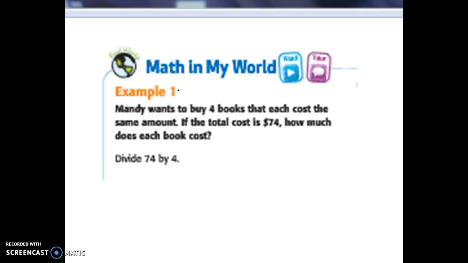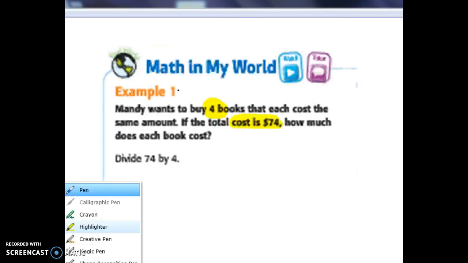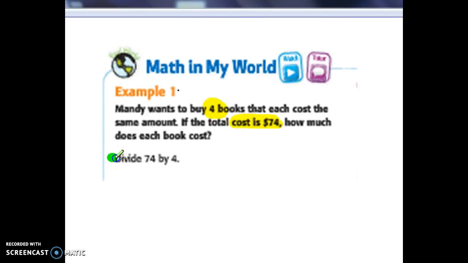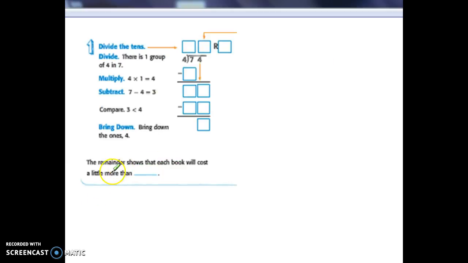Alright, so example 1 for tomorrow, Math in My World. Mandy wants to buy 4 books that each cost the same amount. If the total cost is $74, how much does each book cost? So you have to think, we have 74 divided by 4. Alright, so we're looking for information. As always with story problems, we want to circle that we know there's 4 books. We know that the cost is $74. So we are dividing 74 divided by 4. Let's go ahead and look at our help, and we're going to start off. Let me change this to a pen. So our 74